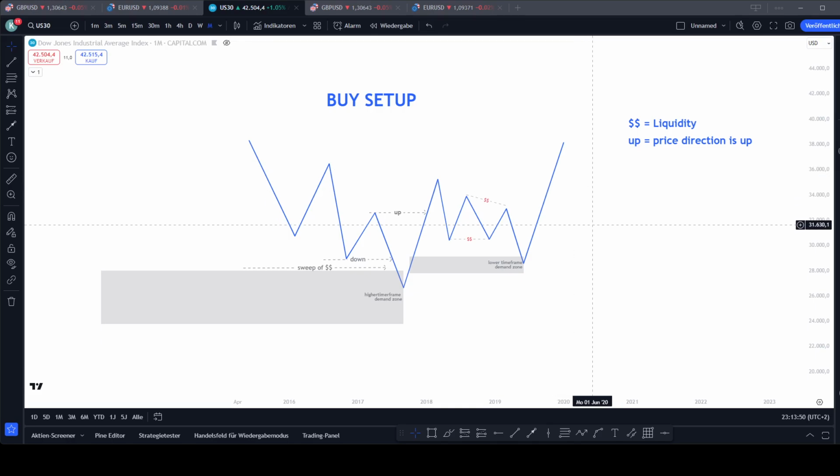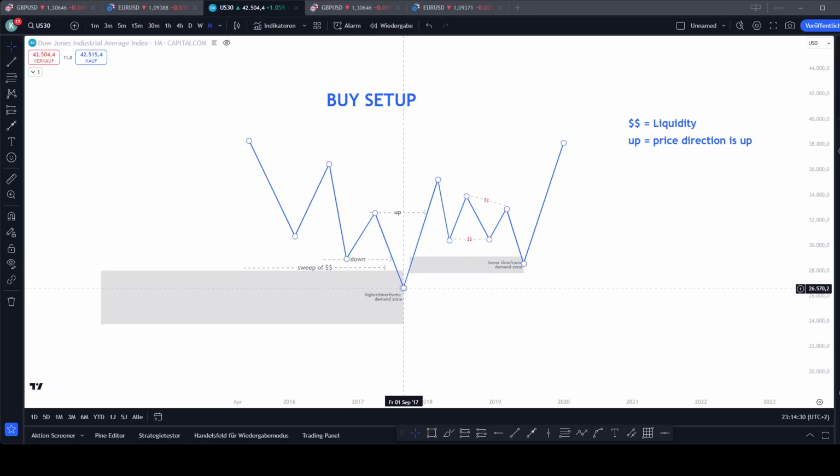So first of all, this dollar signs you guys see here is identified as liquidity. When you see up, it's showing the price direction is about to go up, and down is showing price direction is going down. So for my buy setup, as it's very simple, if we notice price is falling down and creating lower lows, lower highs, lower lows, lower highs, lower lows, and then we see that price entered a demand zone